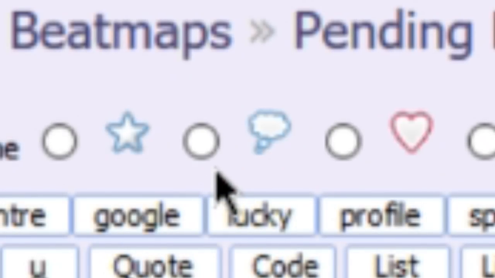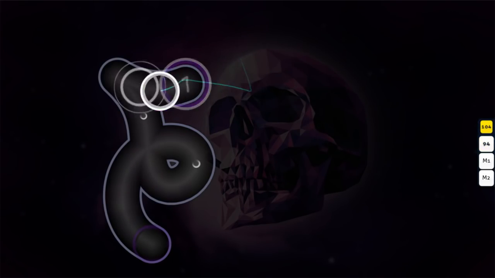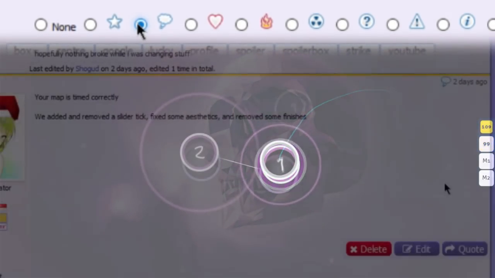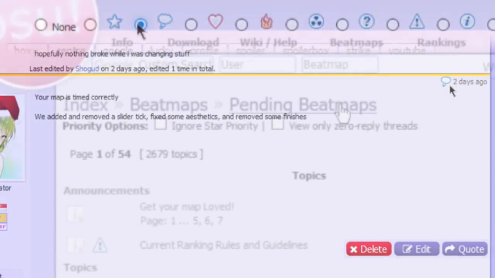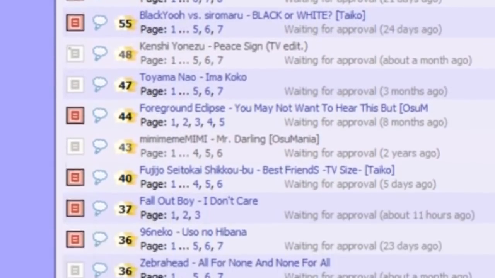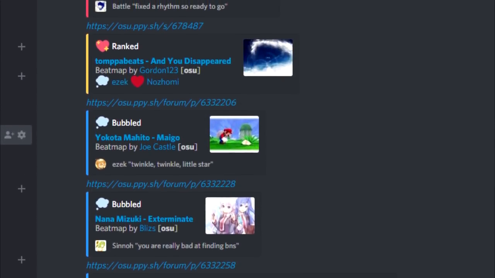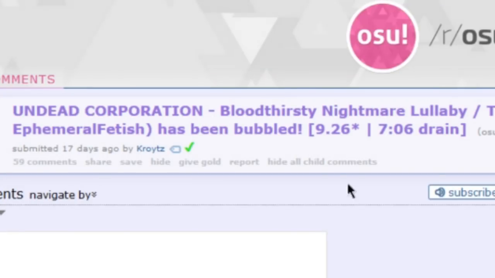The first of these, a thought bubble, is used to indicate a map's first nomination for rank. If a BN thinks your map is up to standard, they make a post with the bubble icon selected, and that icon appears in the upper right of their post. While it doesn't seem like much, this showcases a map at the top of the pending map subforum and notifies a ton of people of a map's progress towards rank in various ends of the osu! community. That's why a map getting bubbled is actually noteworthy in some cases.